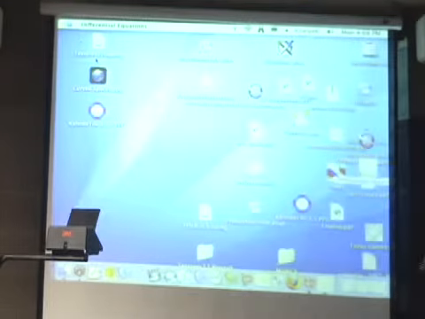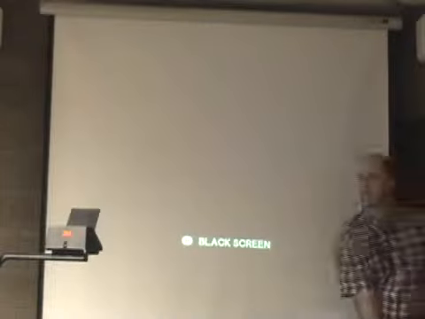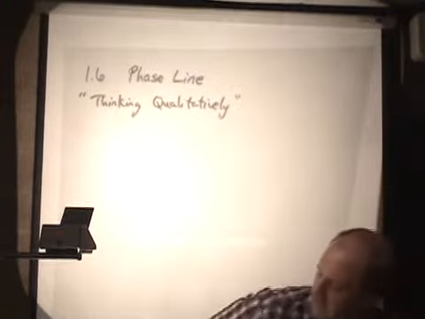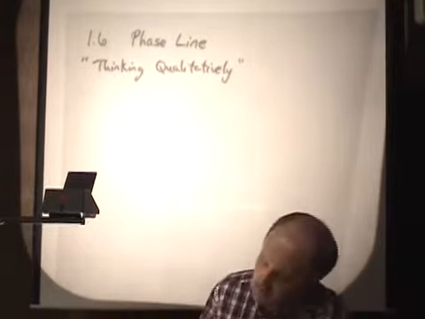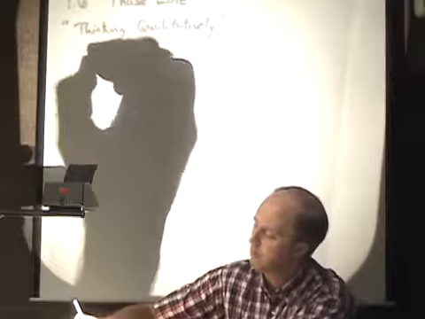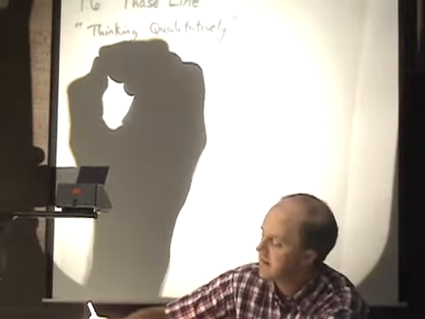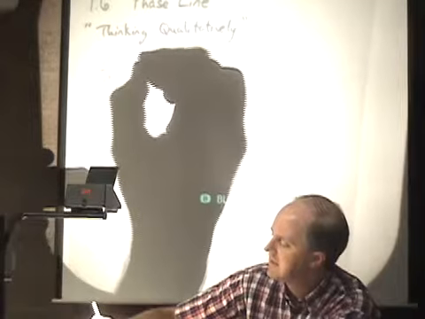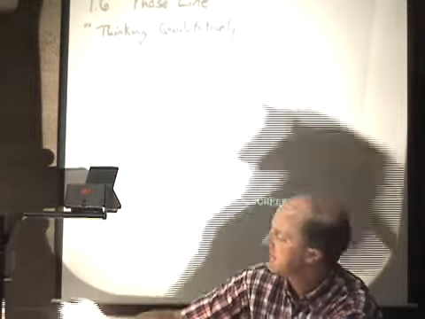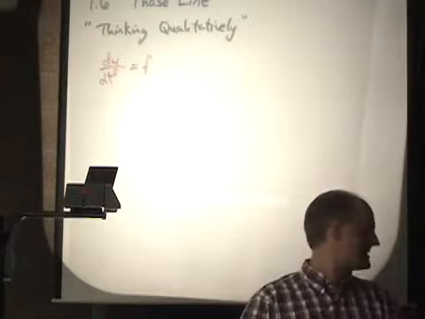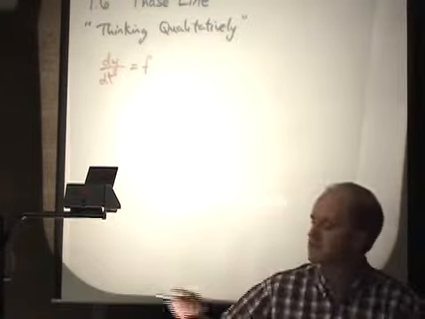Now we're going to go back and think about this simple case of a phase space called a phase line. You're going to have phase lines for first-order scalar equations. dy dt equals something on the right side. We typically only make phase lines for autonomous equations,